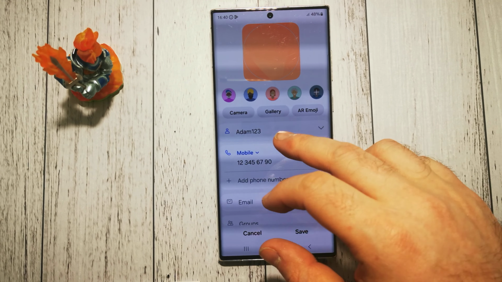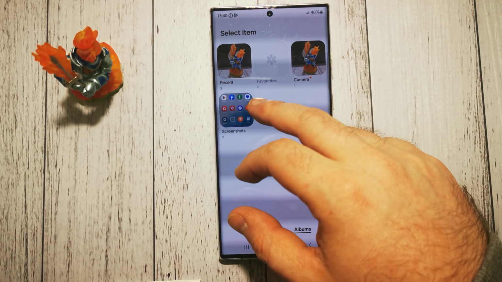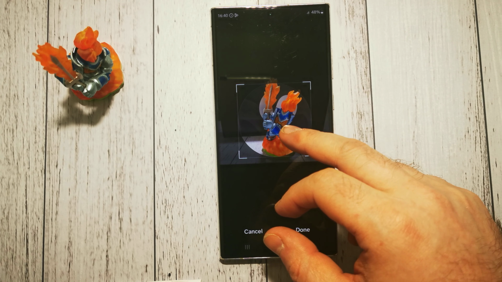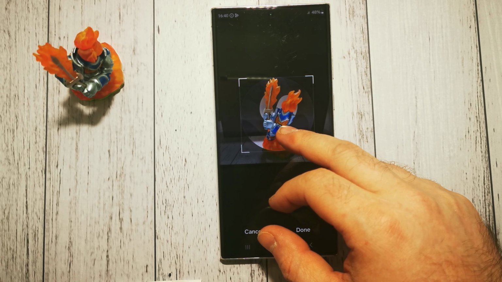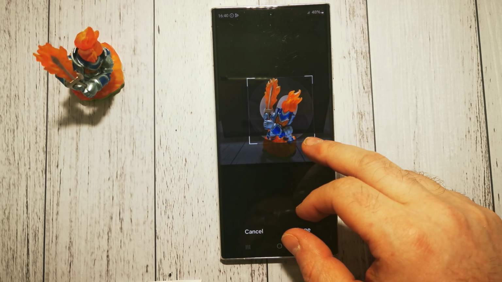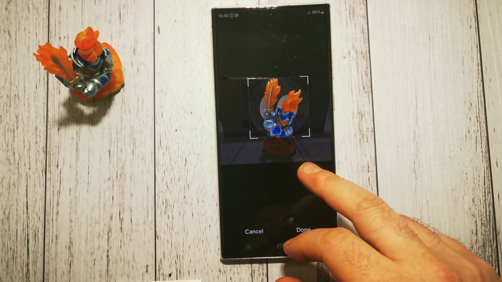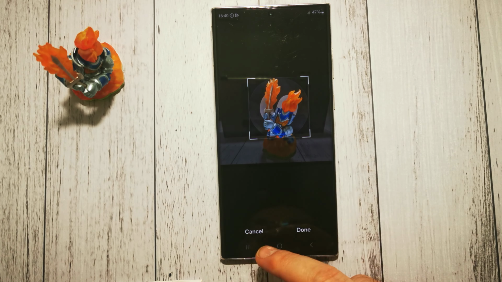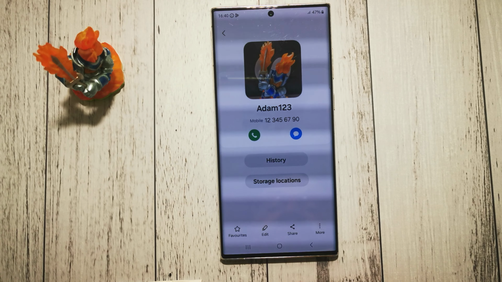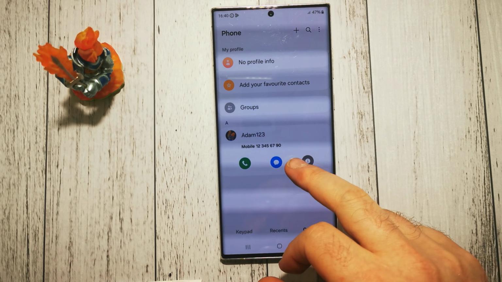and now we have a few options available. For example, we can go to our gallery and we can choose existing photo. We can crop it a little bit and change what will be visible. For example, in this position here, we select it done, then remember to save, and our photo is now available